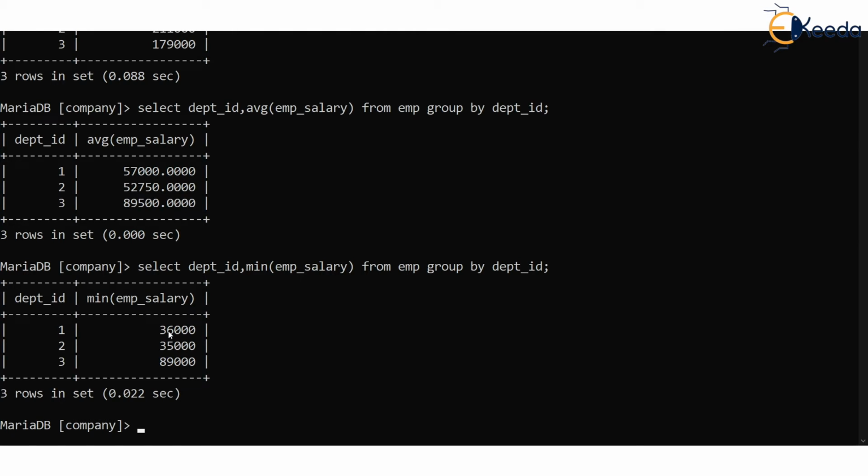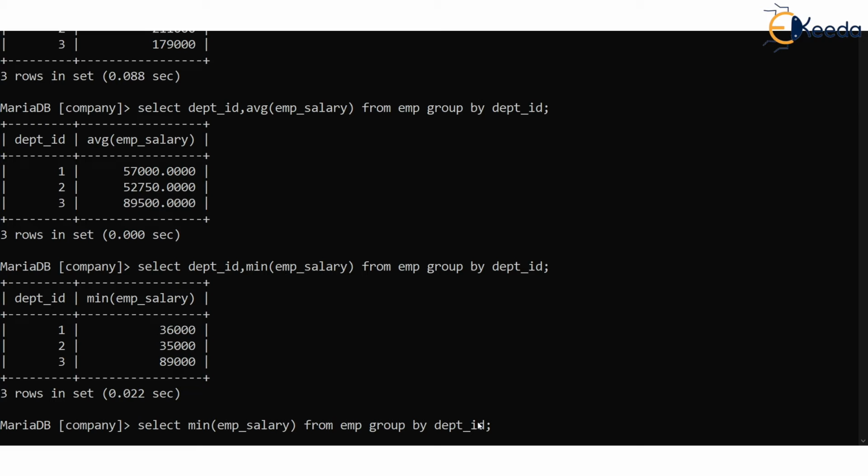Now you will agree, I'm sure you will agree, that whenever you group by department ID, then it is meaningful to put that department ID column in the output, isn't it? We should rather. What if we don't put that? Let's say that we only print minimum of EMP salary. Let's say like this. Select minimum of EMP salary from EMP group by DPTID. So the rows will be grouped according to department, and then for each group minimum will be found. Let's see what is the output.